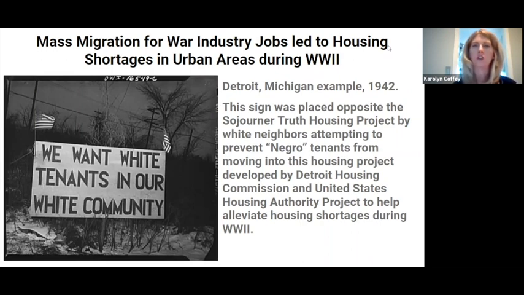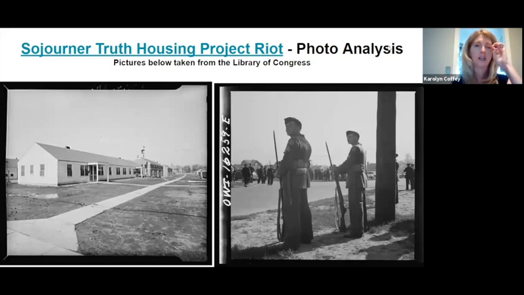And once African Americans started to move into this housing development, there was a large group of white homeowners who lived on the other side of the area and rioted against the moving in of African Americans into the community, believing that as more African Americans moved into this area, their housing prices would plummet, and that this was an economic threat, as well as other racial stereotypes and prejudices against African Americans. So this is just a hometown example of how these things played out and the riot that ensued.